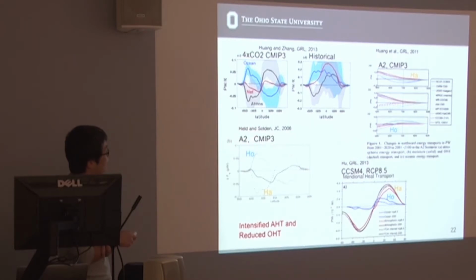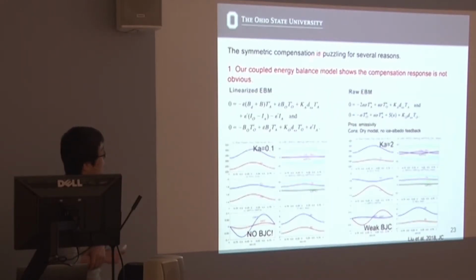And this feature is also seen in different scenarios, for example, in the A2 scenario in CMIP3 and in the RCP 8.5 scenario in CMIP5. But the symmetric compensation response is not obvious. First, in our